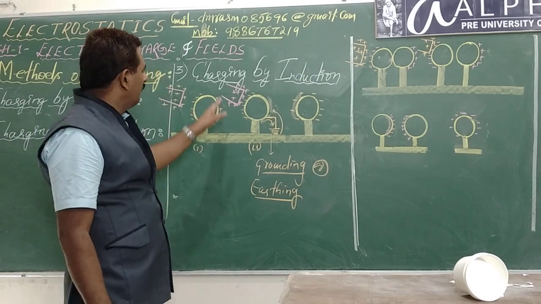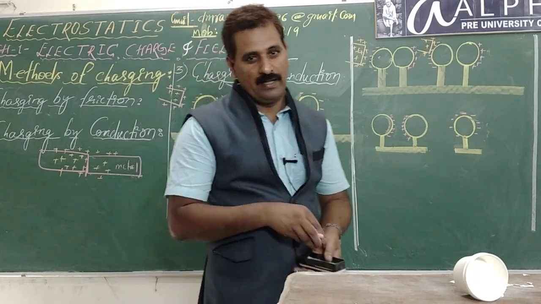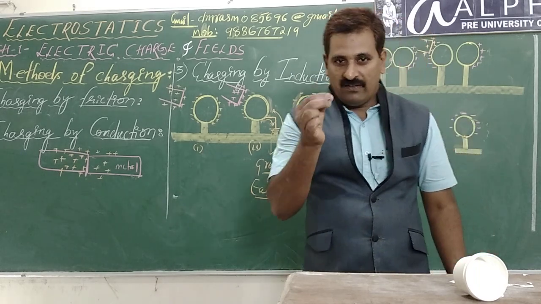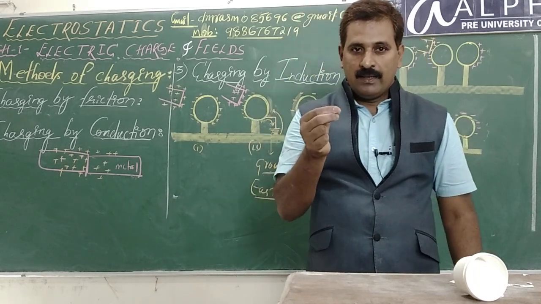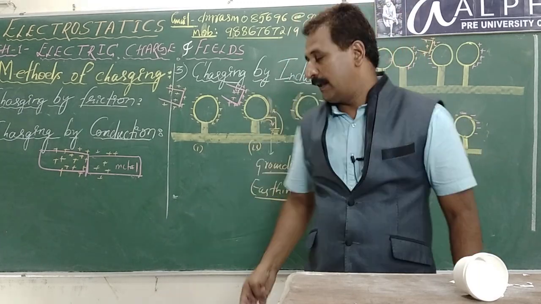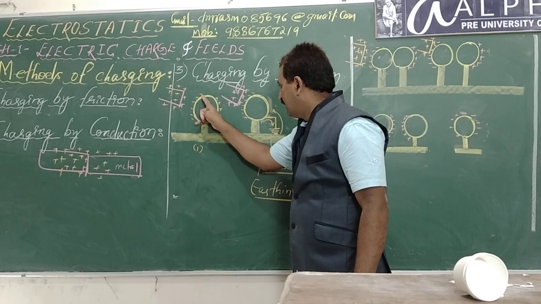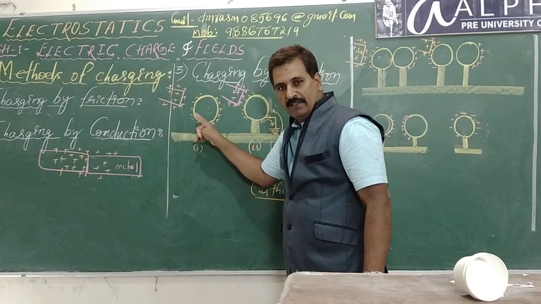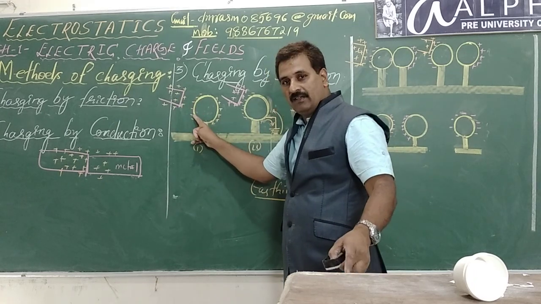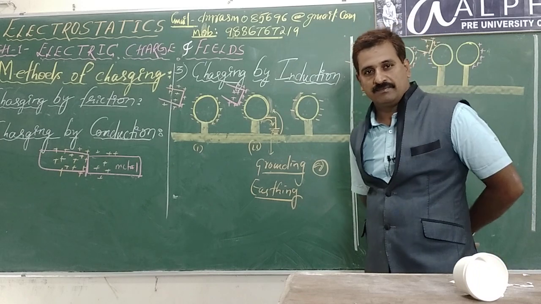So, in one word, for 1 mark, what do you say? It's there in our notes. You remember it like this. What is charging by induction? It is a process of charging a body by bringing another charged body near it. Okay? I am charging this surface by bringing another charged body near it, not touching. That's it. That is called charging by induction.